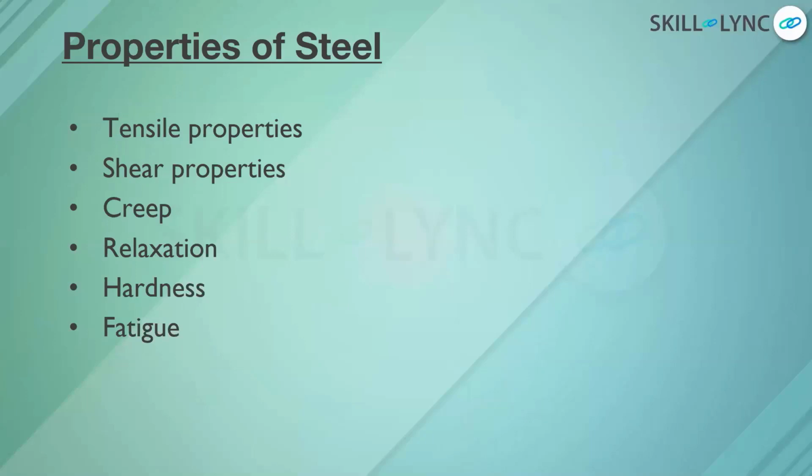If you take the shear property, that is the shear modulus of elasticity G, it is the ratio of shear stress to shear strain during the initial elastic behavior. Creep is a gradual change in strain under constant stress, and it is usually not significant for structural steel framing in buildings. If you come across fire incidents, creep normally occurs because of the high temperature produced. Next is relaxation. Relaxation is a gradual decrease in load or stress, and it is a significant concern in the application of steel.